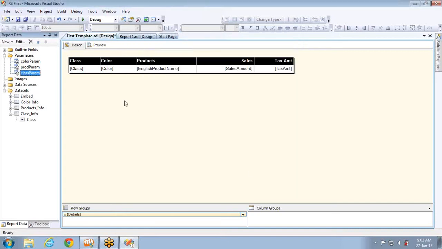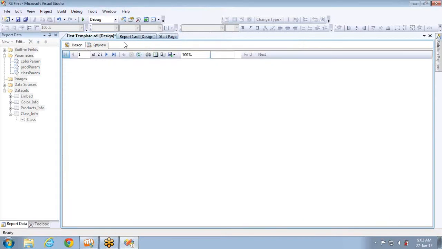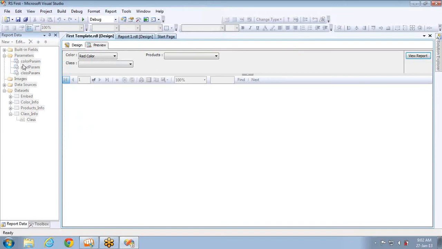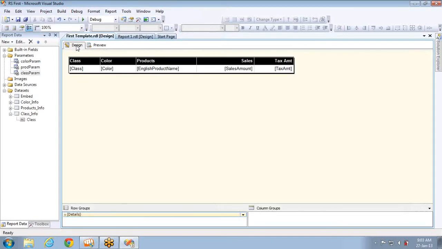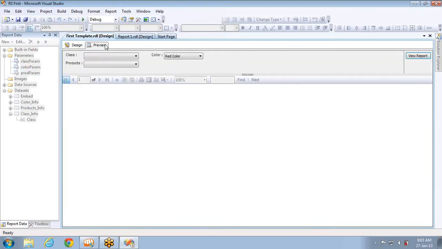So fine. Now if I execute this, you can see that everything is ordered in the order of the parameters created. For example, if you see the class parameter, color is first, product is second, class is third, but our requirement is class should come first. So what I have to do here is I have to select the class, use this button to move up. Now if you see, the class will come first and then the remaining, like this.